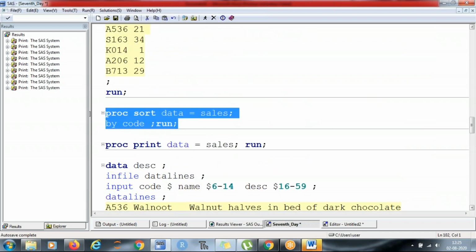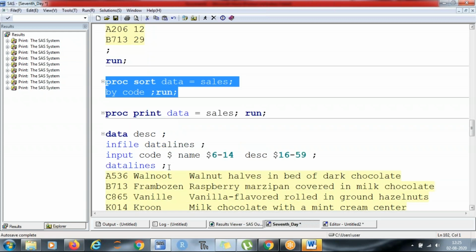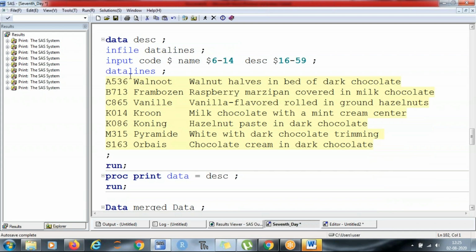So before this, we have sorted our sales data, and the DESC data I have not sorted because this is already sorted by code A, B, C, K, K, M, S, right?